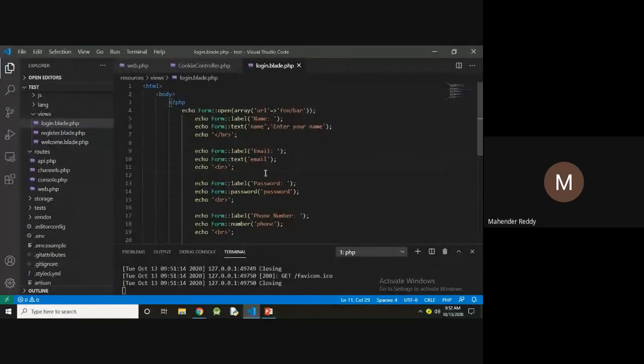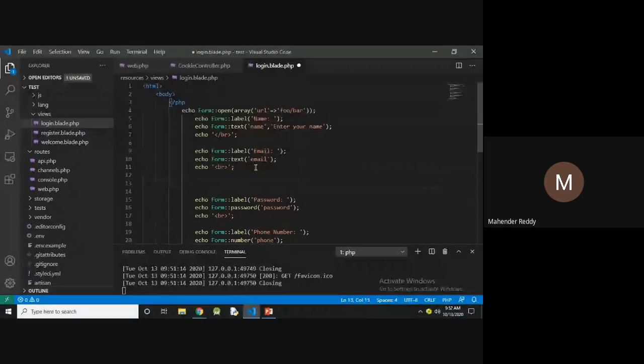I'm using it only for the gender. Here it is not required for PHP. You just have to use the HTML tags and you can display it.